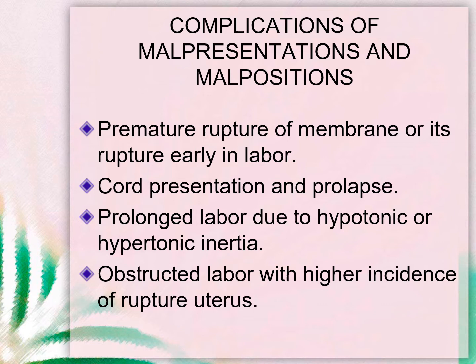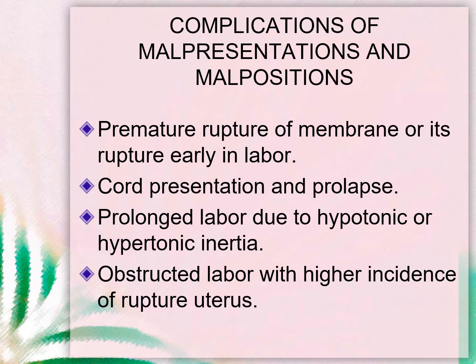If the presenting part is well fitted, it will act directly over the cervix, and there is a chance for proper dilatation of the cervix. That is one reason. And second thing, if the presenting part is not well fitted, or if it is not a normal presentation, we know that in the case of completely flexed attitude, the smallest diameters of the fetal head will be getting engaged. But in the case of malpresentation, there is a chance for other bigger diameters entering into the pelvis. So in that case, normal rotation or normal mechanism will not occur properly. If the normal rotation is not happening, there is a chance for delay in the labor.